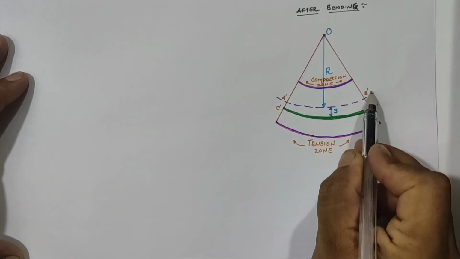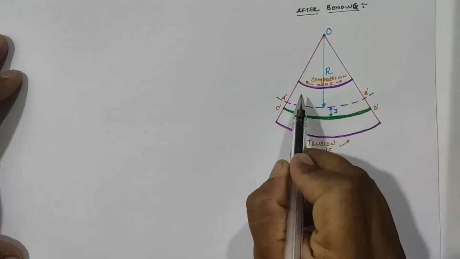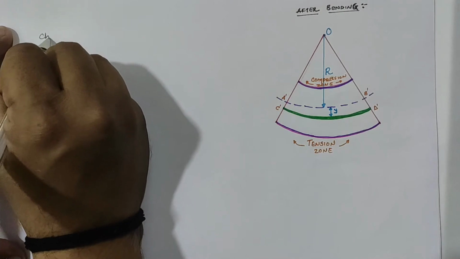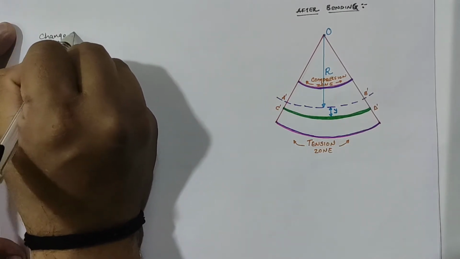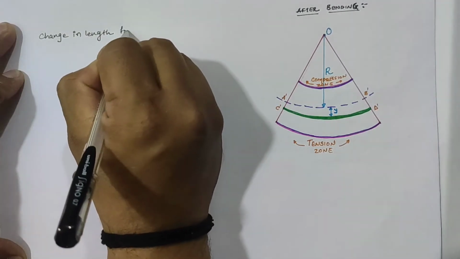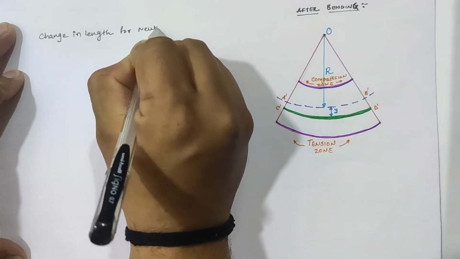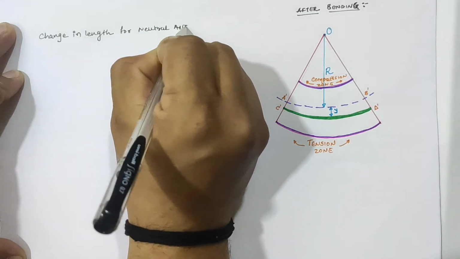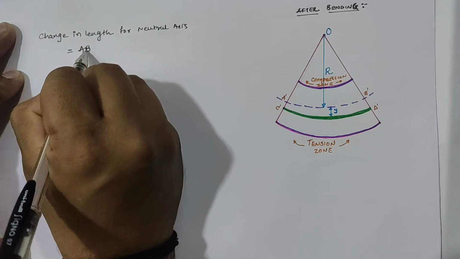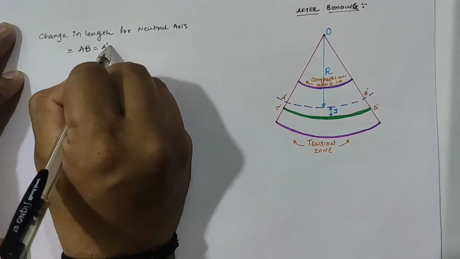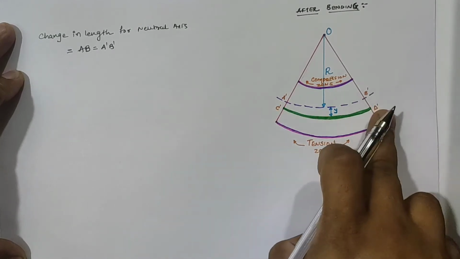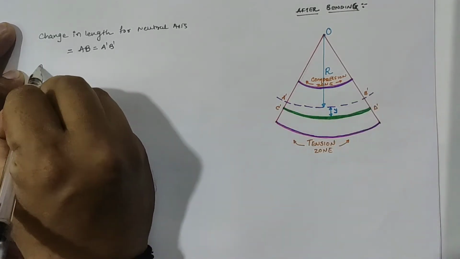after the loading. And we know that the change in length of the neutral axis before and after loading is always zero, as the neutral axis is never in compression nor in tension. It means that the length of the neutral axis, indicated as a dash b dash, must be equal to the original length ab. Now going ahead for the change in length for CD as c dash d dash.